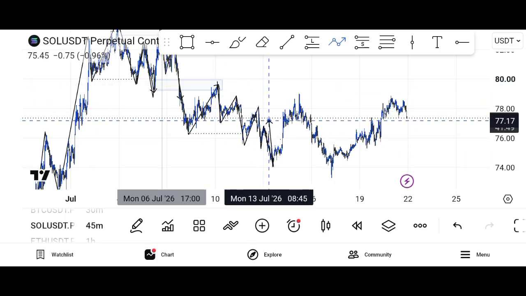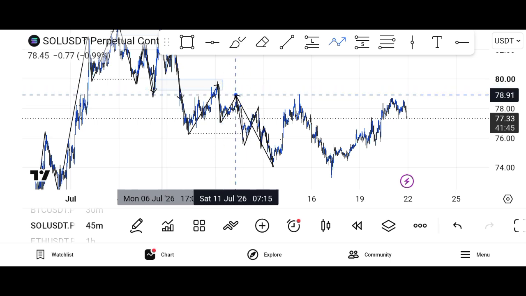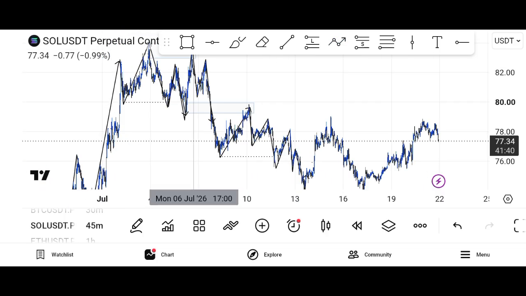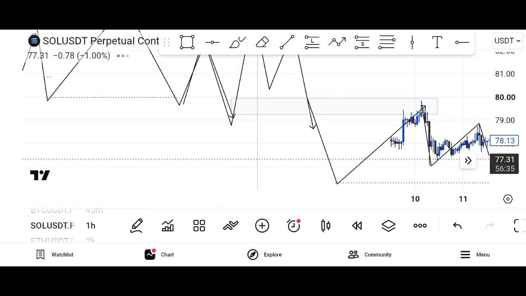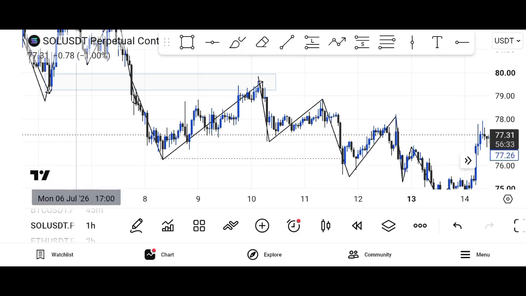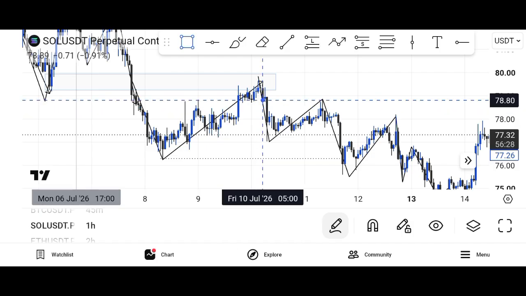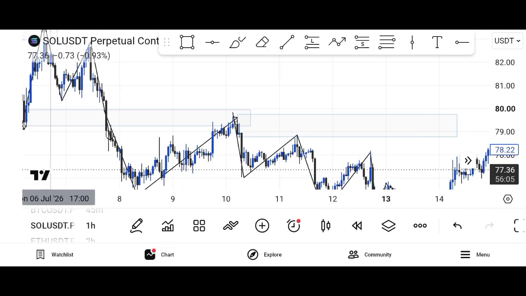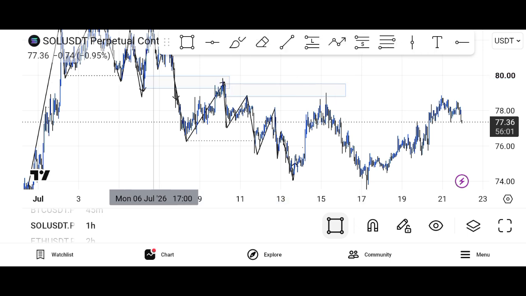So the market started to give us a form, but obviously just took out all of these internal structures and respected from this point of interest here. So at this point, if we are going to mark out our order block, let me see on which time frame it's more clear. We have an order block at this point here. We have another order block at this particular point here. Order block we have for the main structure here, and the market continued heading back down. The market came here to react from it,